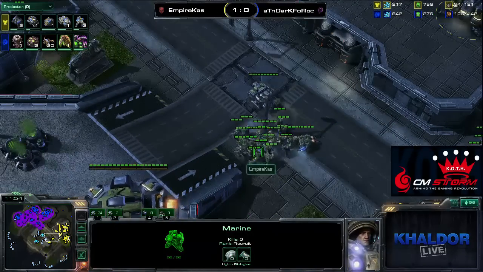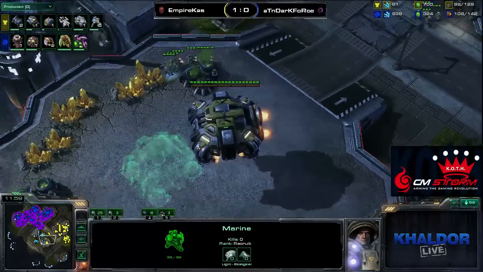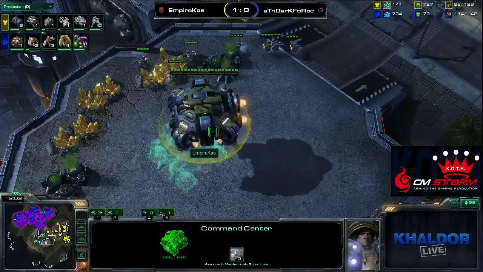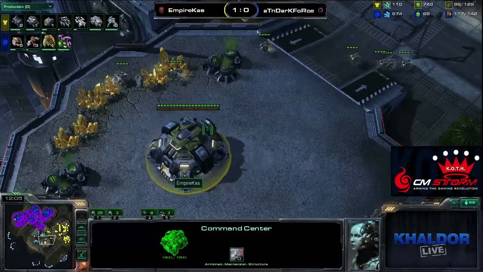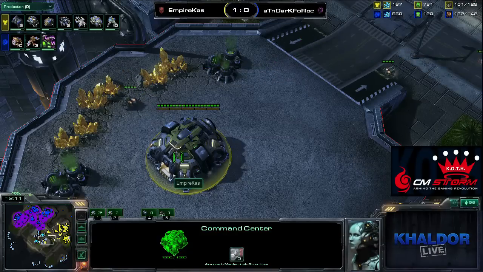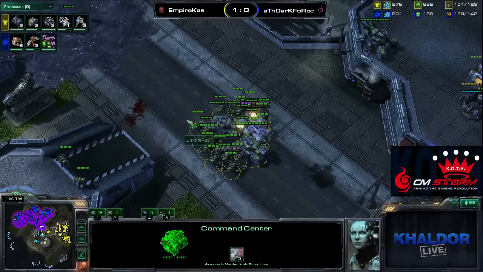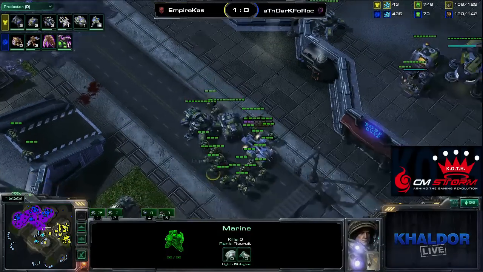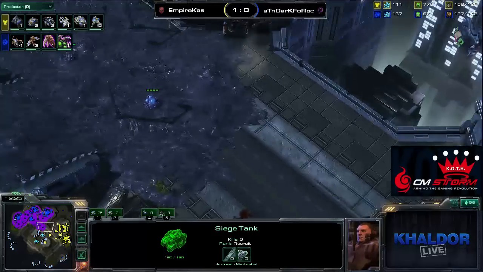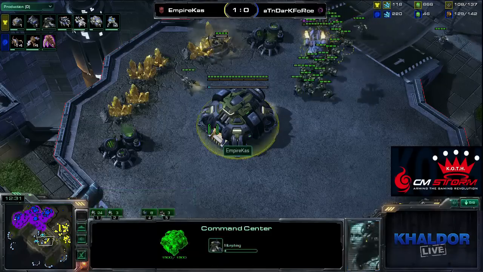You need really good micro, you need creep spread, and you need good positioning, especially with the mech components of the army, so that the tanks, for example, will kill as many banelings as possible and maybe even tank the damage. As soon as the banelings are gone, you have a decent chance of fighting with your Marines, but up to that point, you are in a lot of trouble, especially if you're fighting on creep, which is why Kas is going to try to get rid of those creep tumors, and we have him trying to get